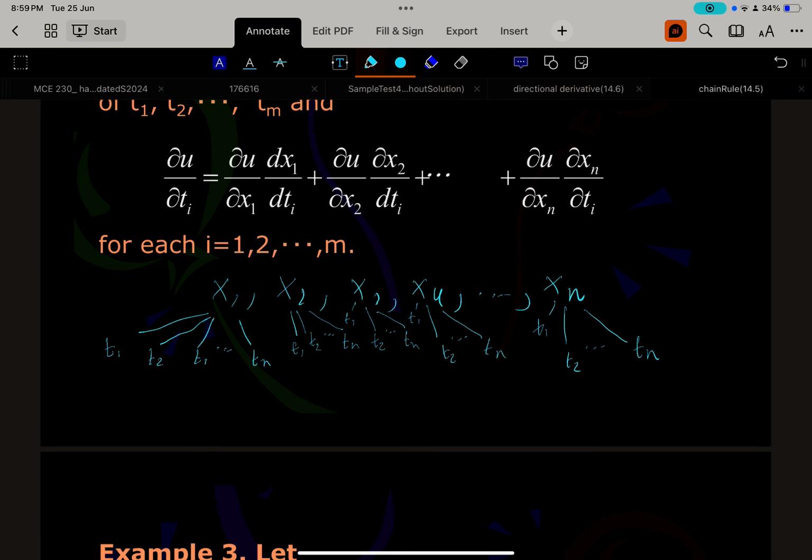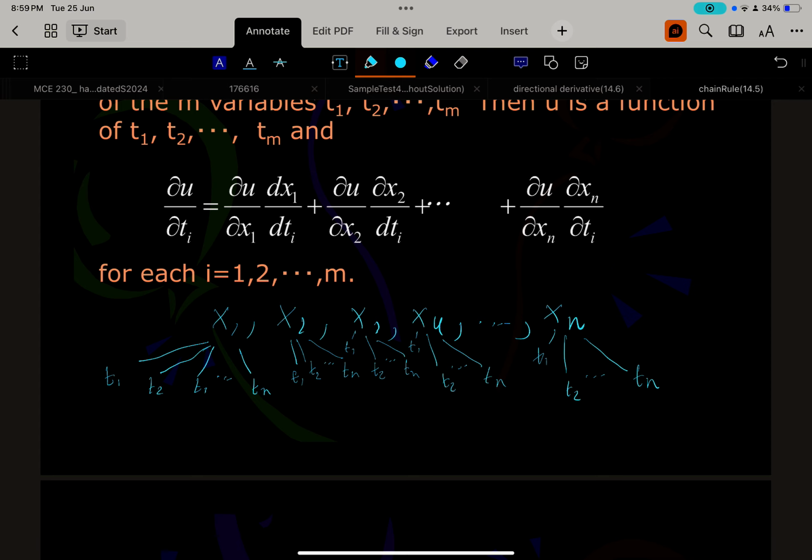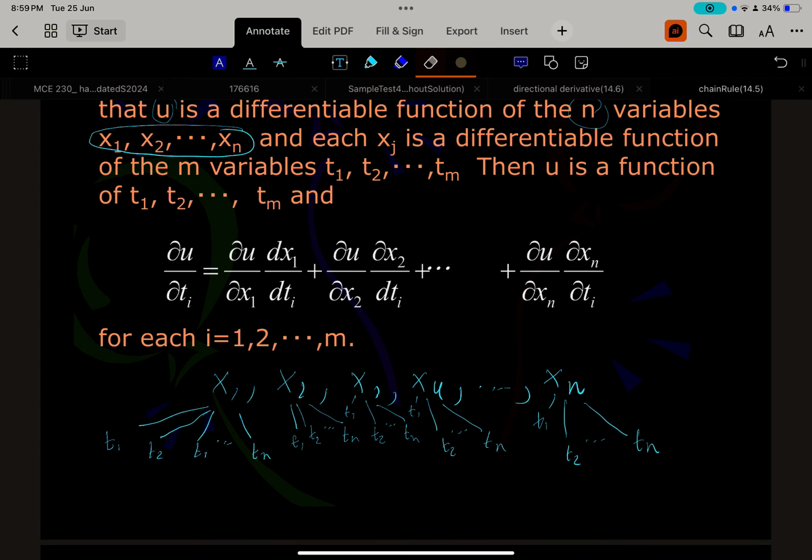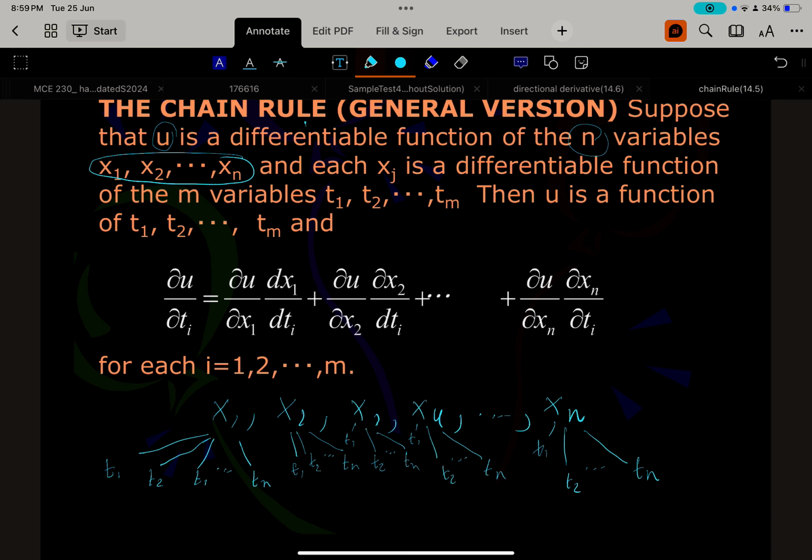So now this looks like a very, very big chain. And if you have more variables, it's going to branch way more. I don't want to get into that. Anyway, now the general chain rule states that,